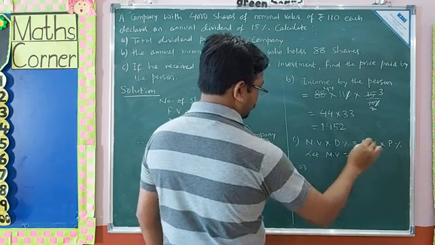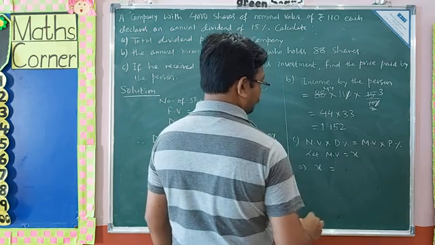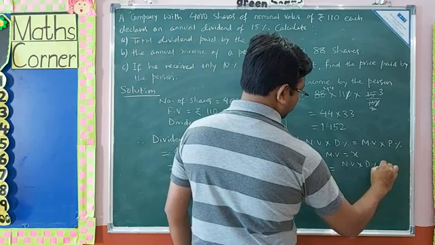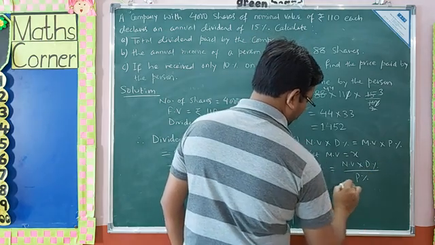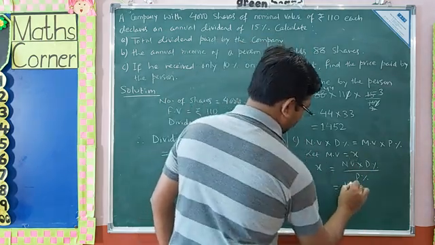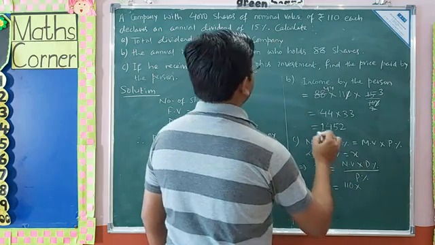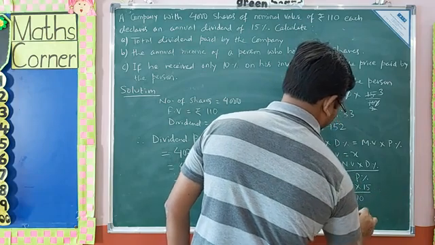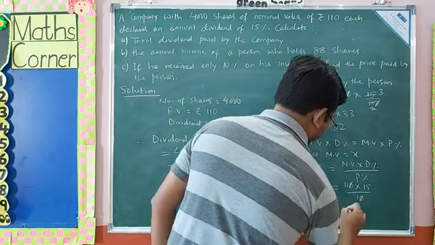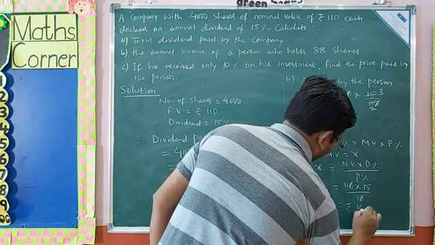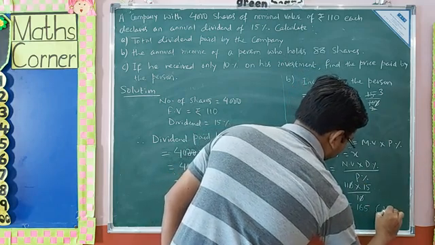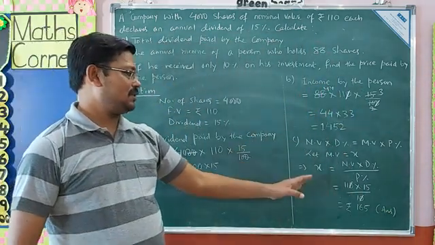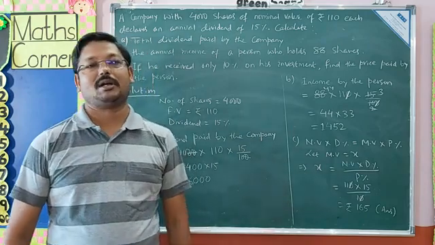So here we need to find the market value, so let the market value be X. So here we can write the formula, X is equal to nominal value into dividend percent divided by profit percent. And what was the nominal value? It is 110. Dividend percent is given to us as 15 and profit percent is 10. So this is cancelled and we got rupees 165. So the price paid for each share by the person is rupees 165, which is the market value.